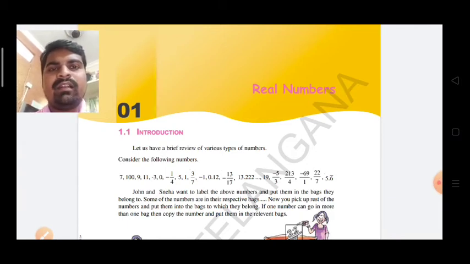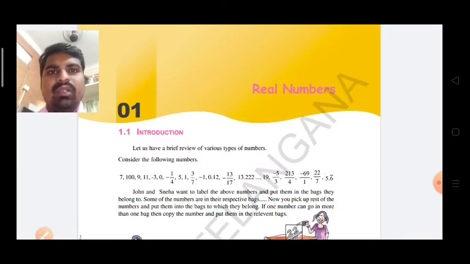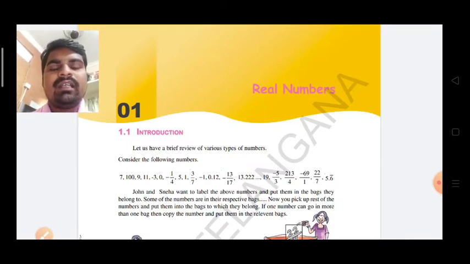Yesterday we already completed the definitions, and mostly the first exercise is over. Today we are going to discuss rational numbers once again. Here, rational numbers are of two types. One is terminating decimals, another is non-terminating decimals. So today's first topic is how to identify decimals, without division, as terminating or non-terminating.